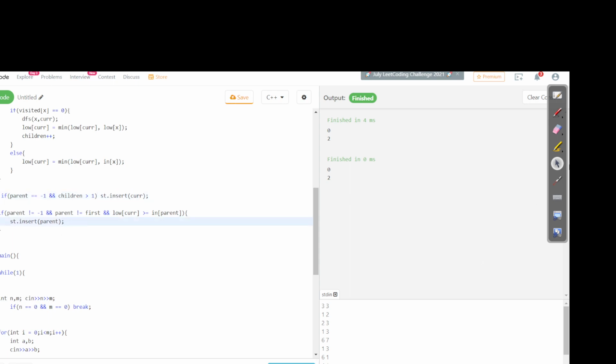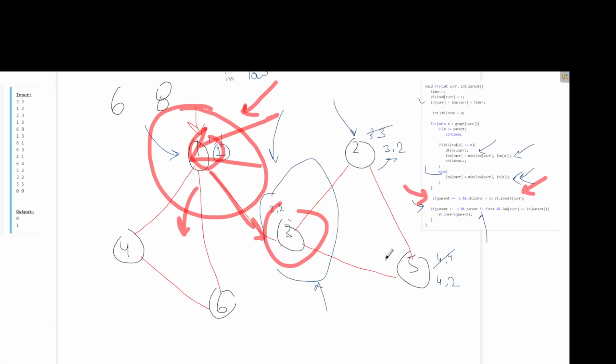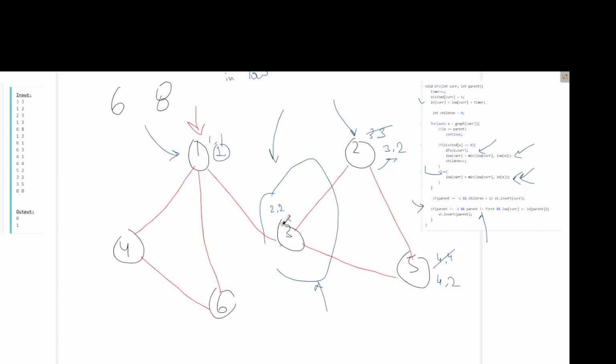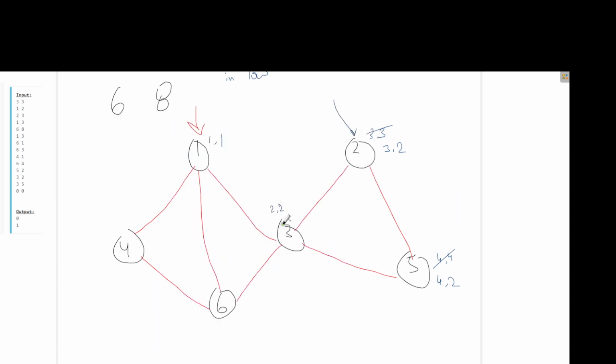Why? Because there may be possibilities that this 3 may be inserted more than once. Let me explain to you how this will happen. If there are more nodes, suppose we have 7 and we have 8, right?